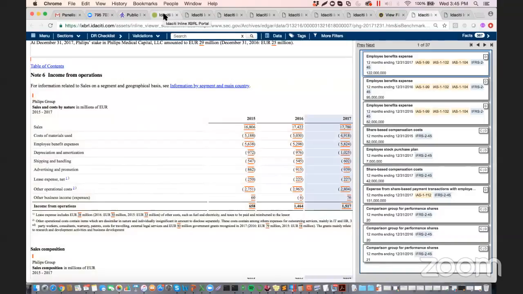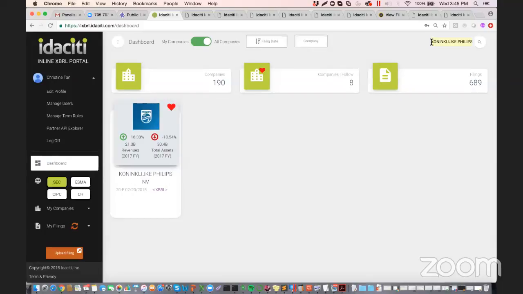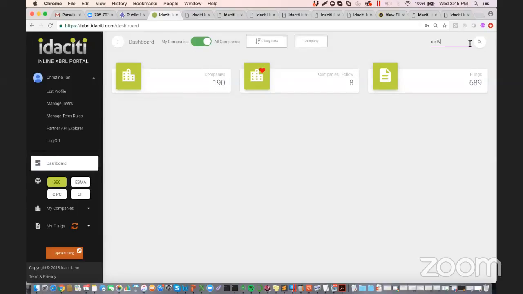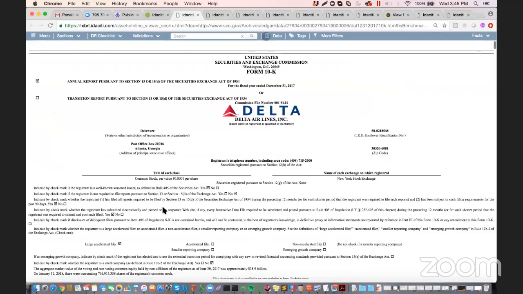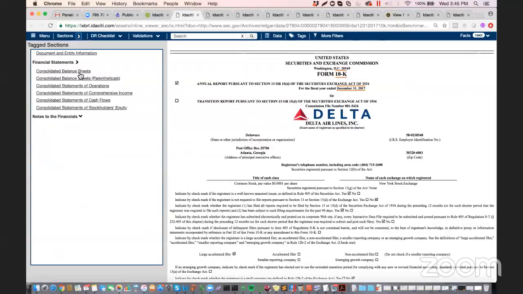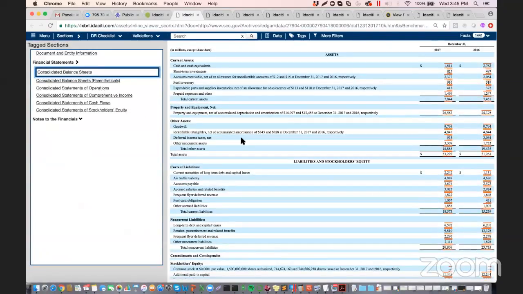Now, you might have noticed as I've gone through the inline viewer demo that you keep seeing these charts that pop up. That's something that you won't see on the SEC Inline Viewer version. So if I pull Delta, for instance, and this is helpful from a quality assessment standpoint to compare what tags you've used to your peers. So I'm going to take a look at Delta's 10-K, the most recent 10-K. And I'm going to go straight to the balance sheet. Here, I'm going to pick a really straightforward line item, cash and cash equivalents. If I click on that,